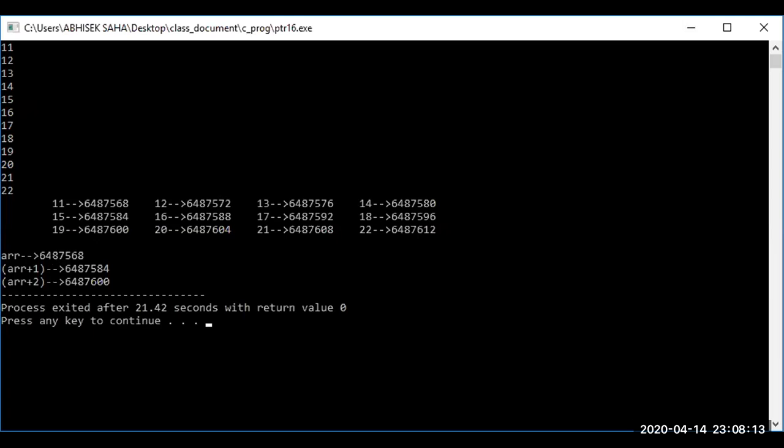Now, what I have printed in the program is the value ARR, which points to the 0th 1D array. Look, the starting address of the 0th 1D array is 68-something. When I'm printing ARR plus 1, it points to the first 1D array. The starting address of the first 1D array is 584. Look. And when I'm printing ARR plus 2,